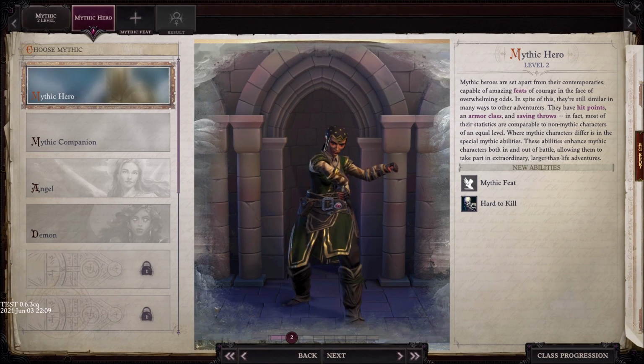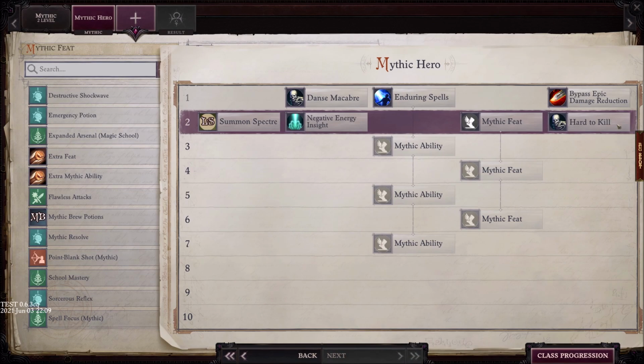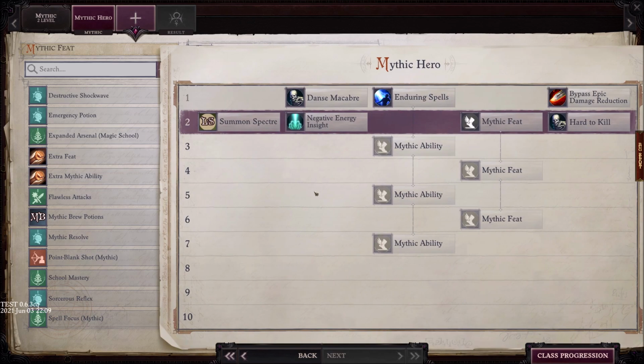Now we're going to do Mythic Rank 2, or Mythic Hero 2. I'm going to write these down here as I'm doing this, though. So we have Enduring Spells. I'm writing this down on a piece of paper for those that are wondering, so that I can actually type this in below the video. So I don't have this build done, I'm doing it on the fly. So what are we going to do here? We want...